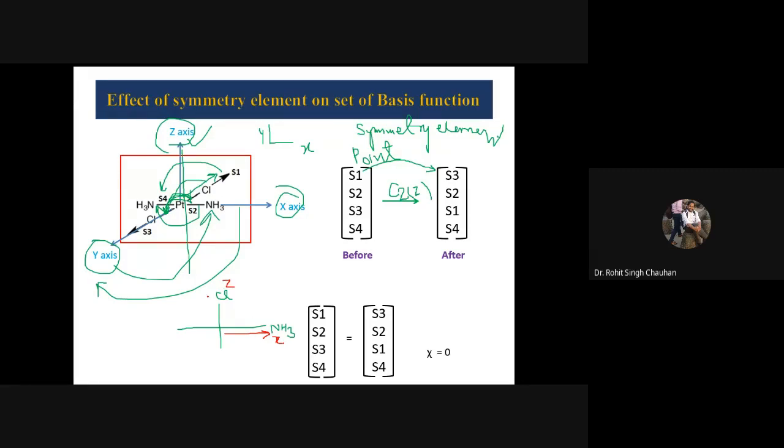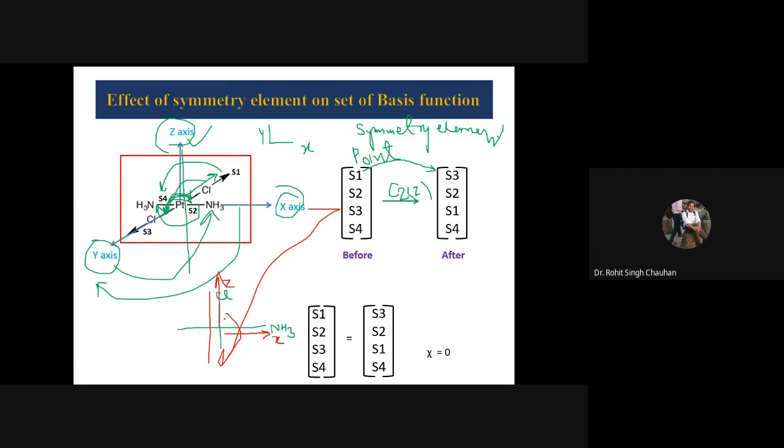So if you rotate something along the Z axis, what will happen? Only what is opposite to Z will change. That's why I have written S2 here, see, S1 I have written as S3. Okay, don't get confused that it is going through the middle. Now if we are going to shift it, what will happen? S1 is going to change to S4? First, S1 will not become S4, because the bond angle between S1 and S4 is 90, and for C2 rotation the bond angle should be 180. That's the first thing. Secondly, don't get confused that the whole molecule is going to change with respect to C2Z. No, it is not possible. Why? Because the Z axis is along the Pt-Cl bond. So the whole molecule cannot be changed, no.